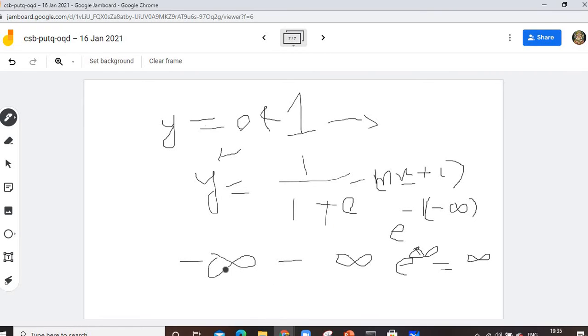And if my x value is infinite, not minus infinity, this is infinite, then what will be this figure? It will be e to the minus infinity, and e to the power minus infinity will be 0, right? Yes or no? E to the power minus infinity is 0. Okay, so what will be this now?